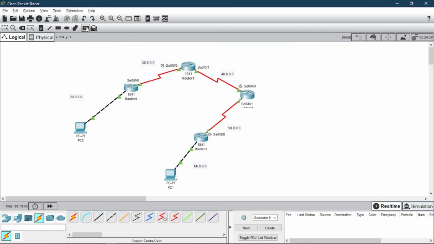The first packet may fail because it is just sending for the addresses. The first packet should fail, and we can see that the second packet will be successful. And this is the serial port configuration with 4 routers and 2 PCs, and the IP addresses should be given in this way, and serial ports should be added to the routers.